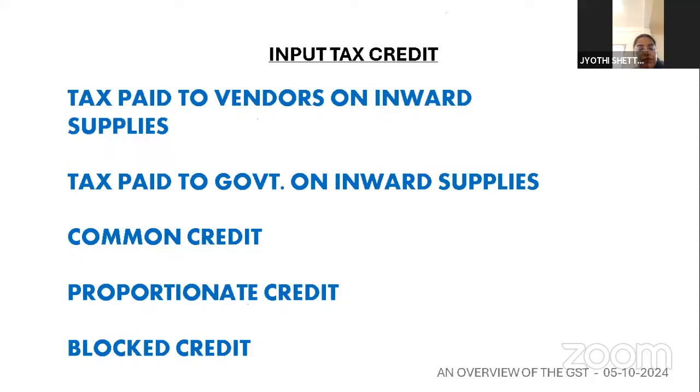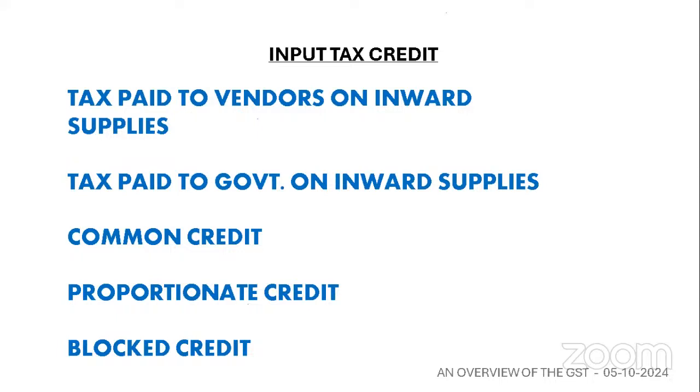Now, the deductions I make from the tax payable have two components. One, the ITC on TVs which were directly sold. Number two, ITC on inward supplies of printing and stationery, etc., which are not directly sold by me, but are used during the course of carrying out my business. That also I can claim as ITC, which was not there in the earlier tax laws. So to this extent, it has been streamlined, and the cascading effect has been removed.